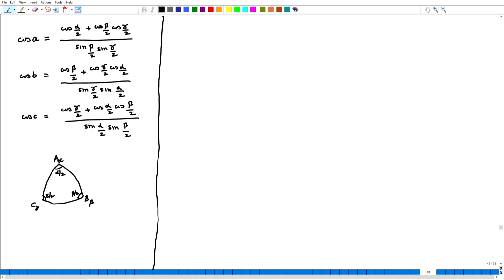a rotation of gamma. Then we formed this spherical triangle whose interior angles are alpha by 2, beta by 2, gamma by 2, and the angles between the axes, between let us say A and B is the angle C, between A and C the angle is B, and between the axes B and C the angle is A. So, the equations out here give us how the alpha, beta, gamma are related to the angles A, B and C.